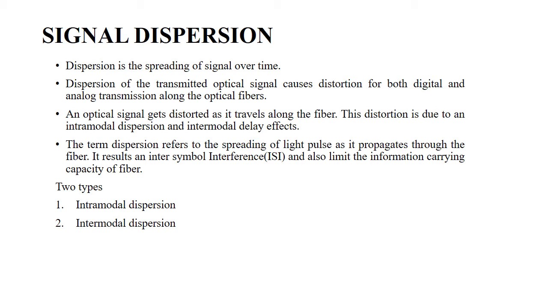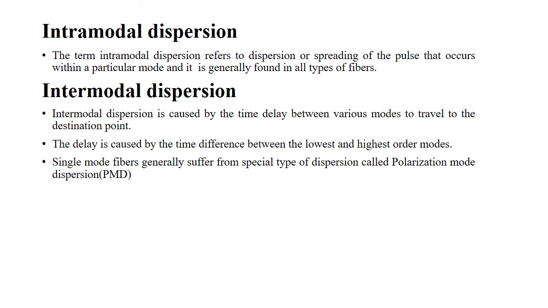There are two types of signal dispersion. They are intramodal dispersion and intermodal dispersion. First, intramodal dispersion. Intramodal dispersion refers to the dispersion or spreading of the pulse that occurs within a particular mode, and it is generally found in all types of fibers. Intermodal dispersion is caused by the time delay between the various modes traveling to the destination point. It is found only in the multimode fiber, which supports more than one mode